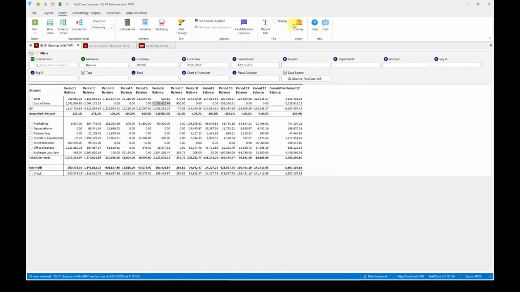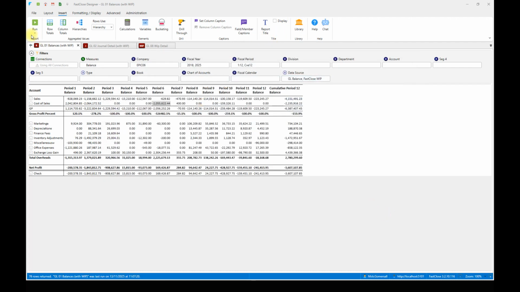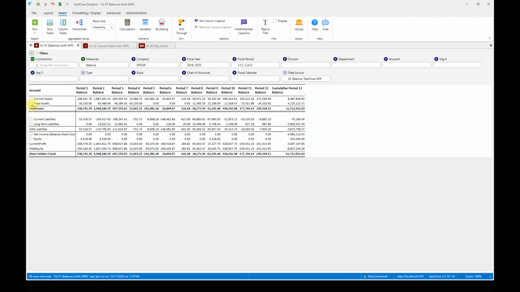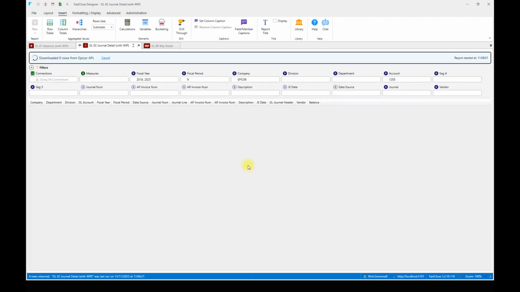And then if you wanted the balance sheet, I load my balance sheet, and I've now got my information in here with the WIP in my balance sheet, which I can expand and contract the hierarchy if I want to and drill further. So my WIP transaction, if you remember that account, the 1, 2, 3, there you can see that value there, if I drill through, is coming from the